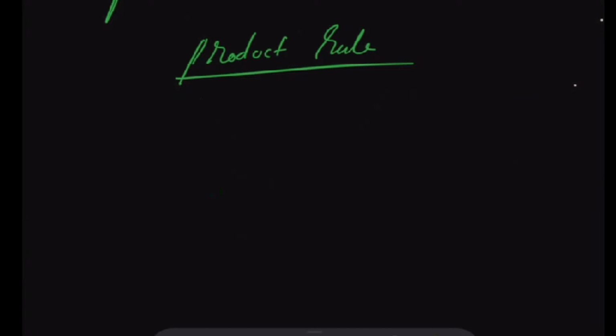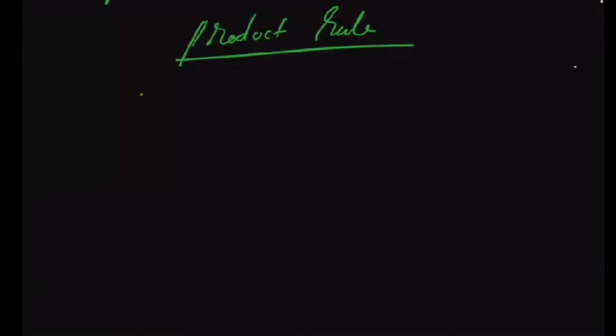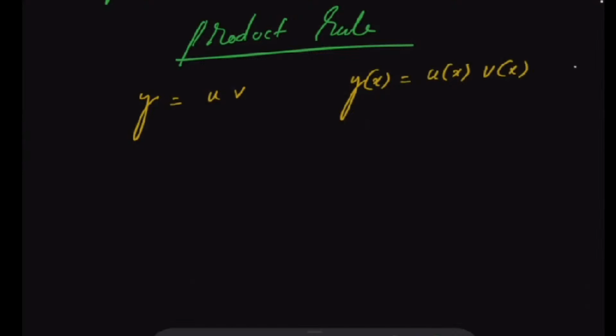So we have seen the product rule also. In product rule, what did you see? You have seen that if you have a function which is a product of two functions, like y equals u into v, or if you write in detail, y of x equals u of x times v of x. So y of x is a function of x, but it is actually a product of two more functions, u of x and v of x. Then dy by dx was given by, you keep u of x as it is and multiply with the derivative of v of x,